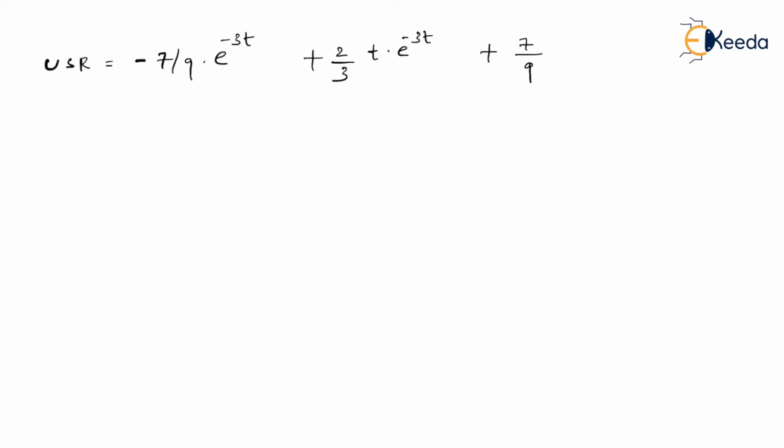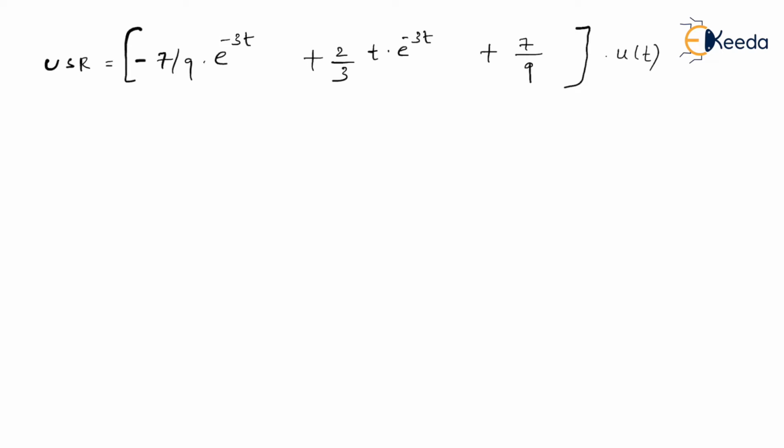As I keep on saying, every time dependent function will get multiplied with u of t. So you actually get this answer after solving this, but in the options it is given as it is whole multiplied with u of t. The reason why I'm multiplying by u of t is very simple. Every time dependent function we take for a Laplace transform, it is always a right-handed signal. A right-handed signal is that signal which is called a causal signal that you must have studied in signals and systems. And if you don't understand it now, as I have recommended, before watching all videos of control systems, you must go through the signals and systems videos.